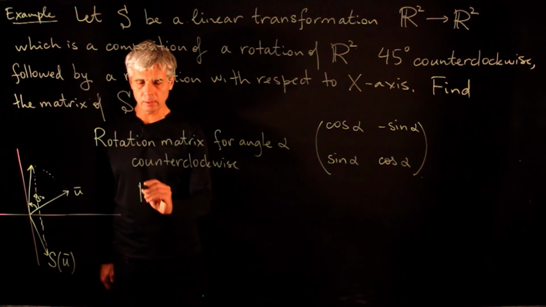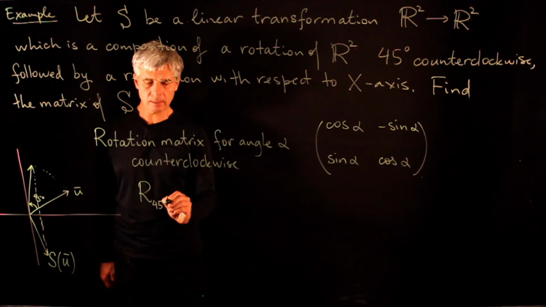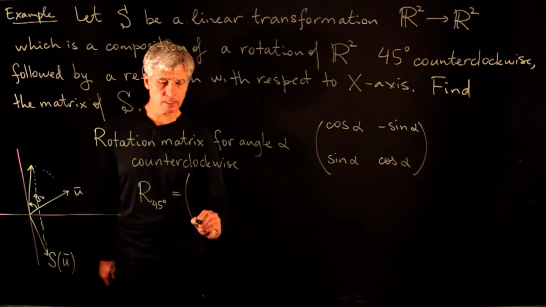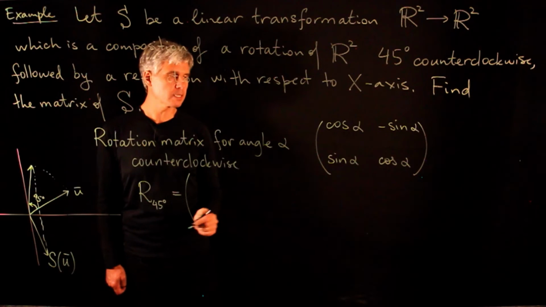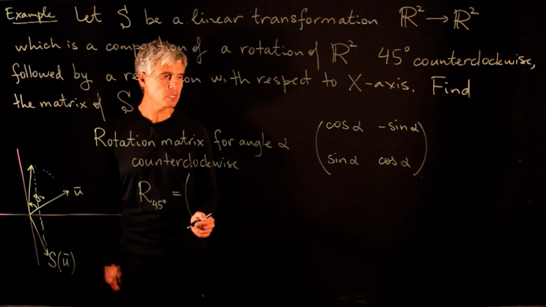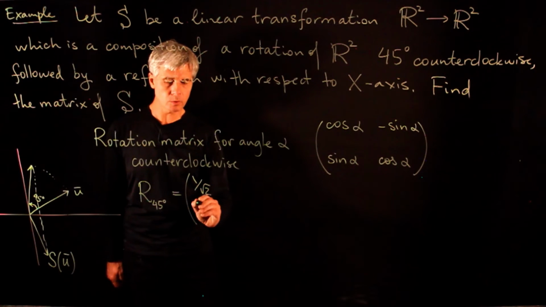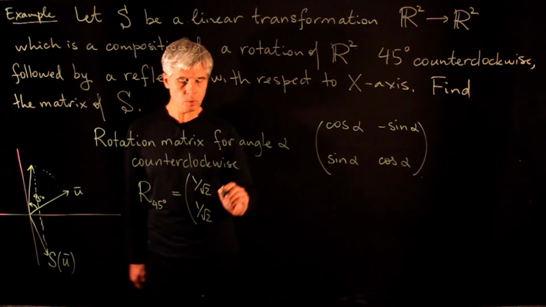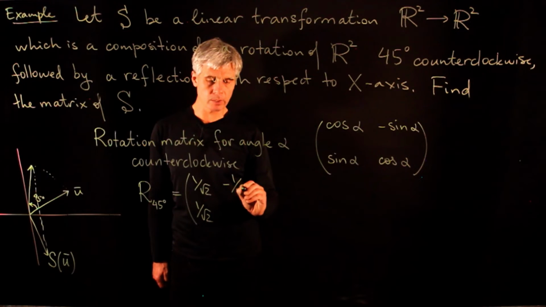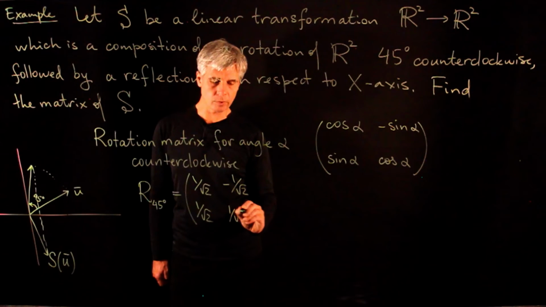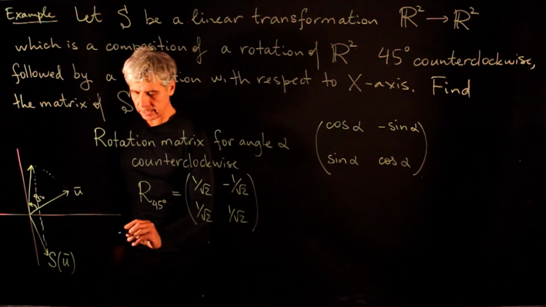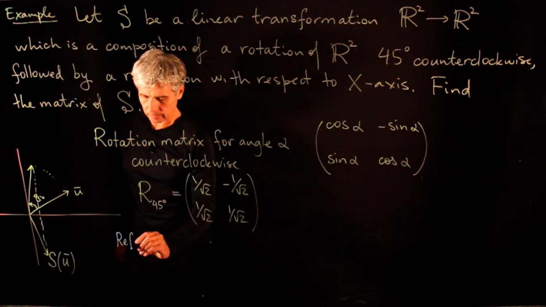So the rotation for 45 degrees is, so cosine and sine alpha for 45 degrees is 1 over square root of 2. So we get 1 over square root of 2, 1 over square root of 2, minus 1 over square root of 2, and 1 over square root of 2. So next, we look at reflection